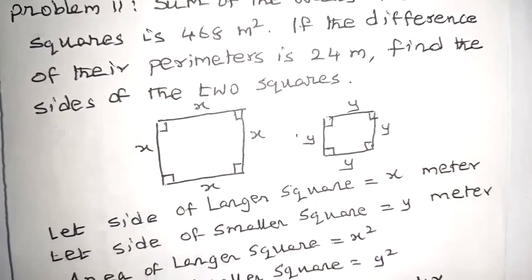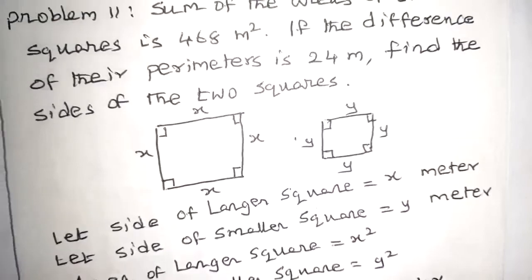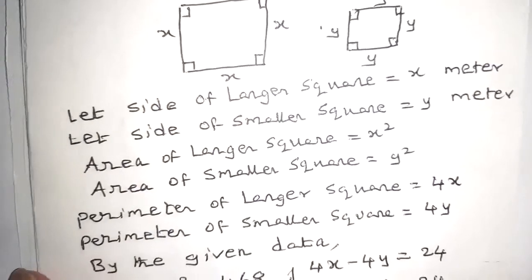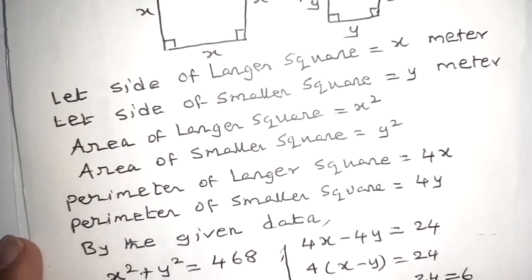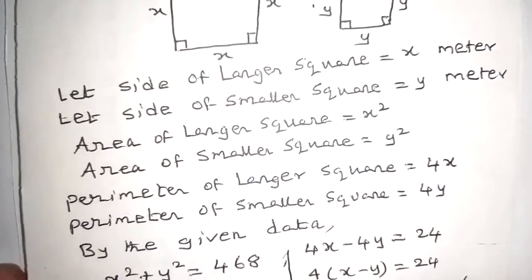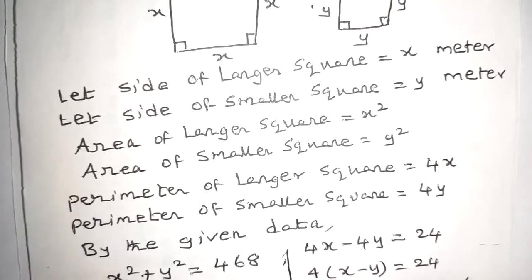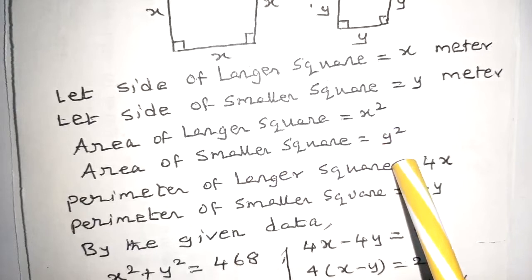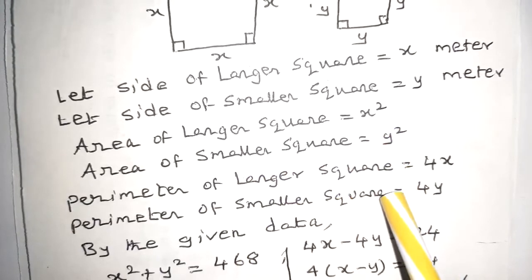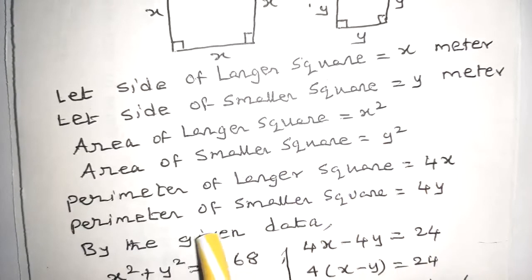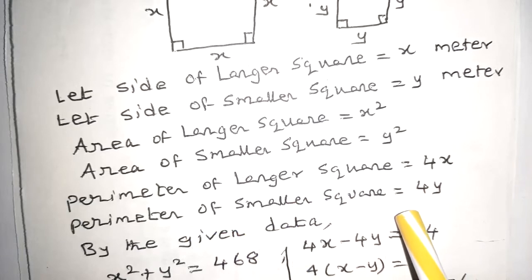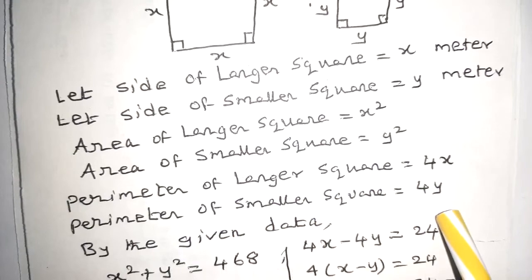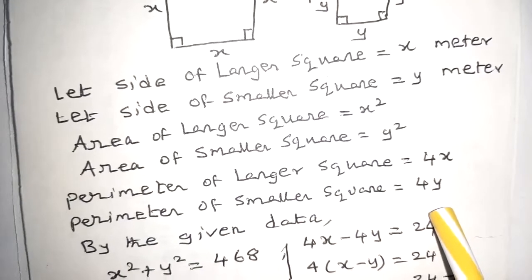So let side of larger square be x meter and side of smaller square be y meters. Then area of larger square is x square meters, area of smaller square becomes y square. Perimeter of larger square is 4x, perimeter of a smaller square is 4y. By the given data,